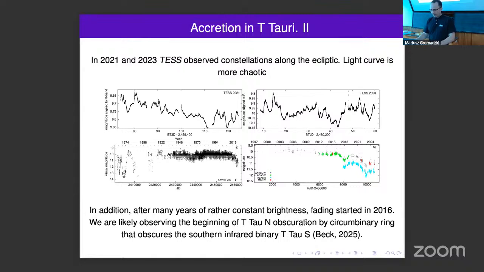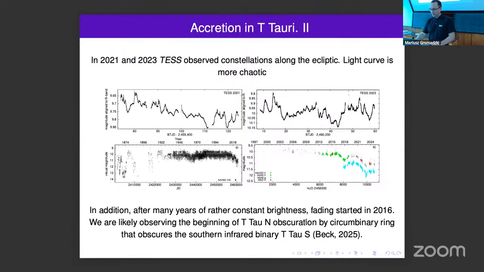Okay. The next two plots show long-term variability of T Tauri. This plot shows the AAVSO light curve from the 19th century to the present day. Here is the same obtained by AAVSO, ASAS, and sometimes from Mount Suhora. And we see that after a long stage of nearly stable brightness, T Tauri started to show some major long-term dips, which is probably, because the paper from this year is explaining this by obscuration of T Tauri N, because actually